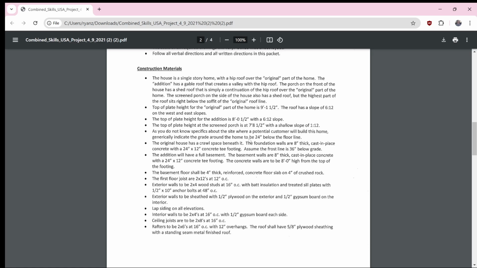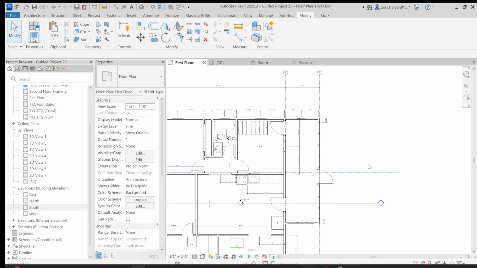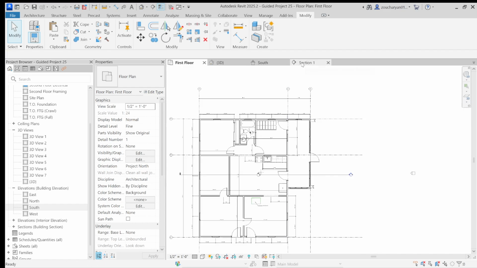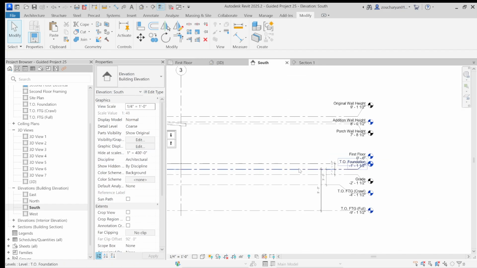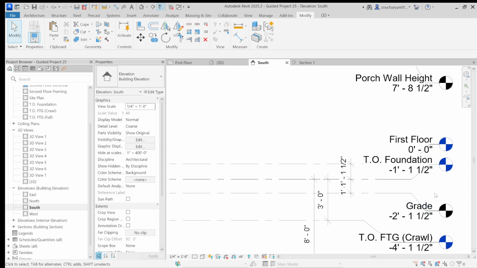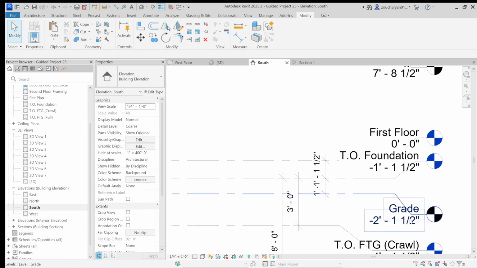Oh, I'm seeing a note here that I forgot. Generally indicate the grade to be 24 inches below the floor line. So before we forget to do anything with that, let's go to our south view. Oh, we've got grade in there. We're on it. Okay. But it's said to be